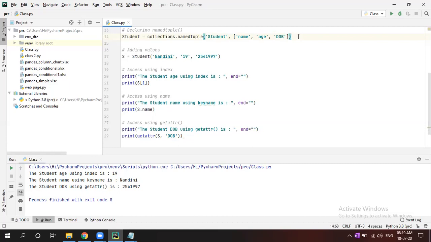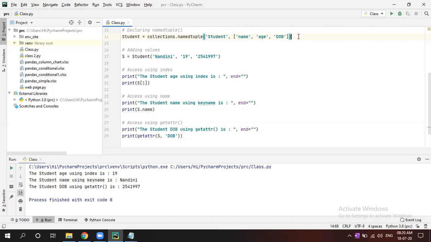So how to access the values in this namedtuple collection? Same as index, you can access it. Also, using name you can access that value. How? s dot name, because at the start we defined that name.